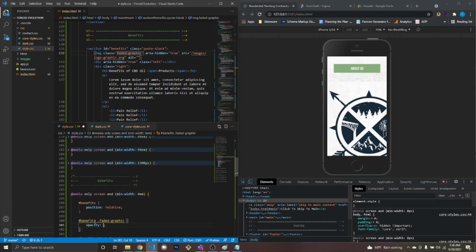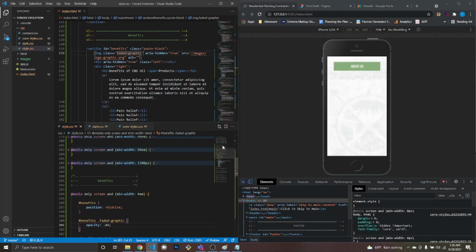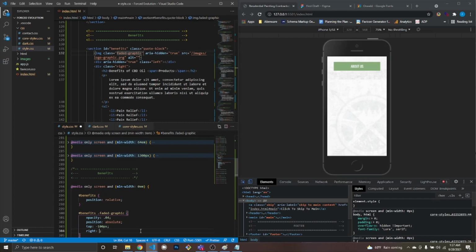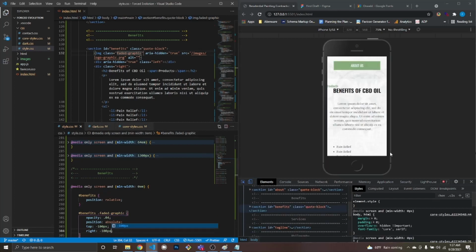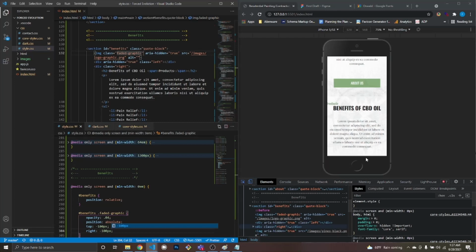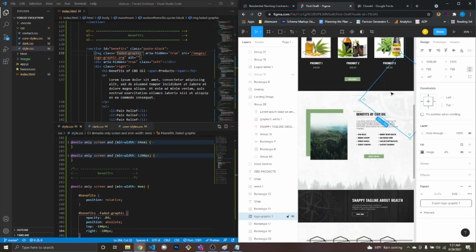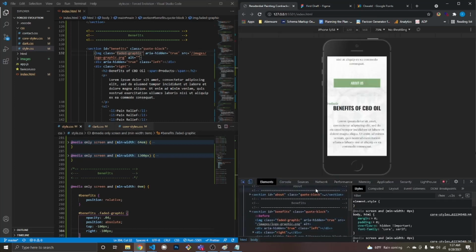And I want opacity 0.04. So there's that. And I want you to be positioned absolutely. I want you top of, I don't know, negative 100 pixels, right of negative 100 pixels. Let's just see where that is. So yeah, this gets clipped by this. So for now,